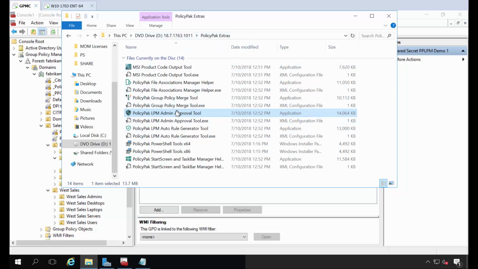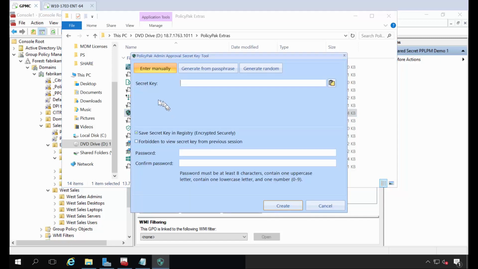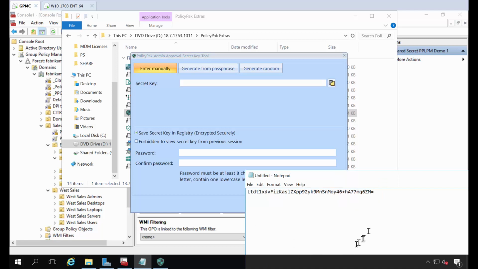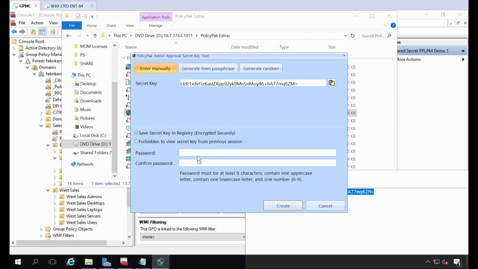Here under PolicyPak Extras is the admin approval tool. When you set it up the very first time, it's going to ask you for your secret key. Hey, remember, we stored it in Notepad. So we'll take the secret we've got and store it here. We'll also encrypt it with a password, which we'll store here. You can save the secret key in the registry or not if you want to, but it's encrypted securely. You can also say that even after you get back into the tool, you never want to be able to see the secret key ever again. That gives you an additional level of security if you want it. I'm not going to do that. I'll go ahead and create,